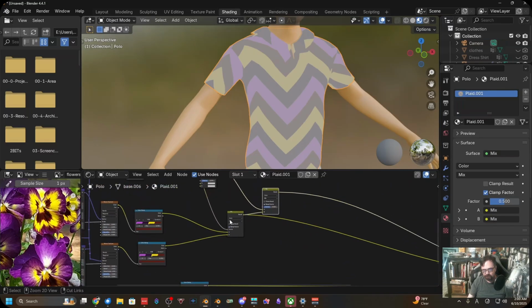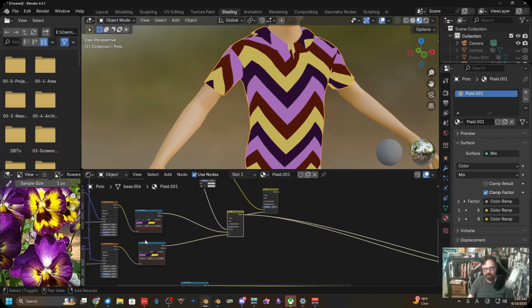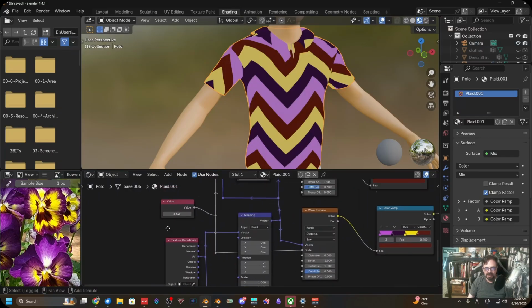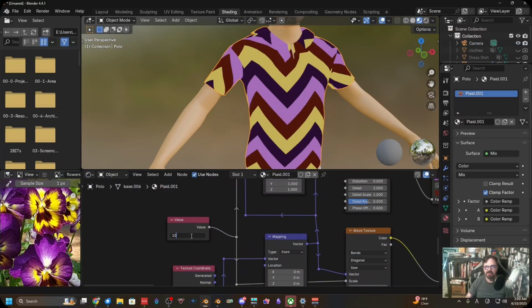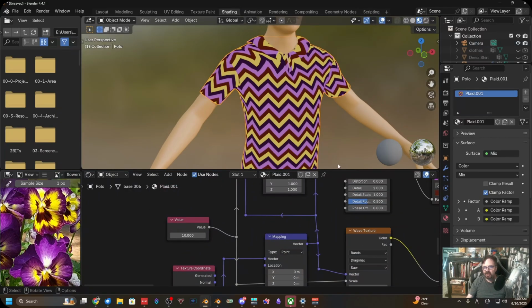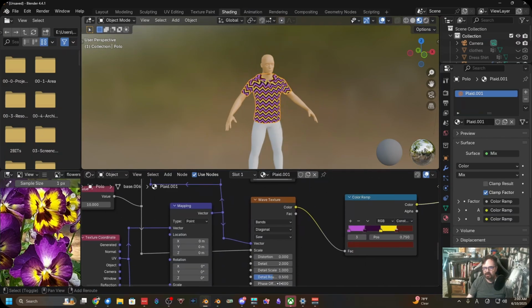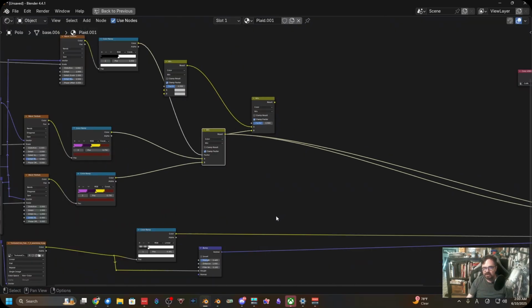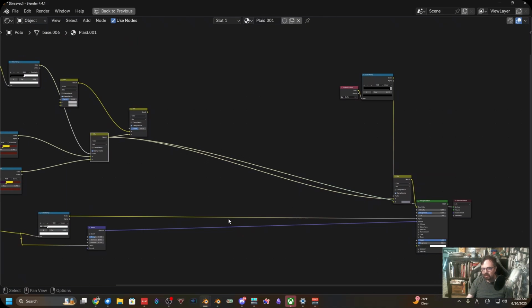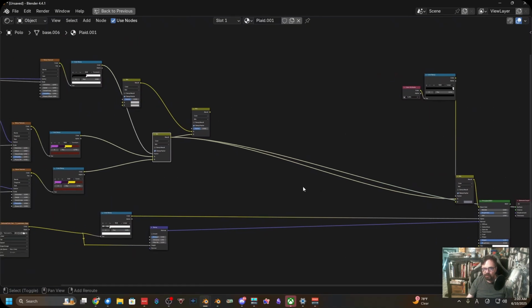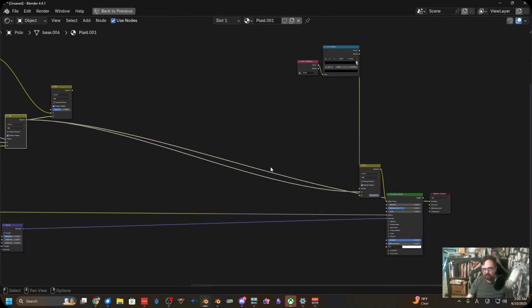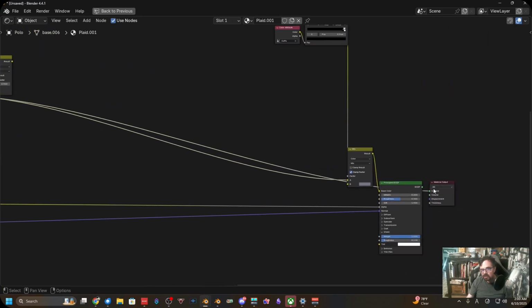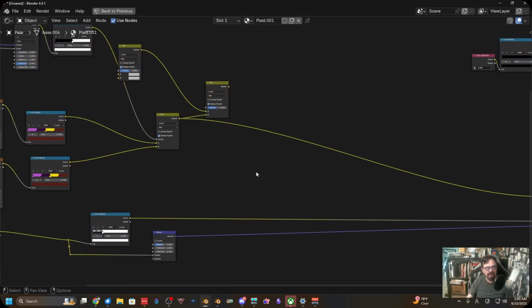And so that's where we wind up with this pattern here. Now, I'm going to adjust the scale here, so let's adjust that up to 10. And now you can see we've got that ripple pattern, just like we wanted. All right, so I'm just going to come over here. I have this pulled away just because I was trying to clear away some room. So I'm going to plug that into there,